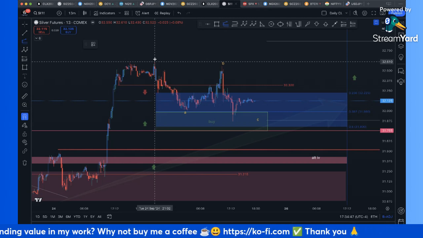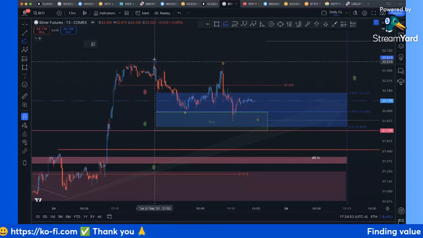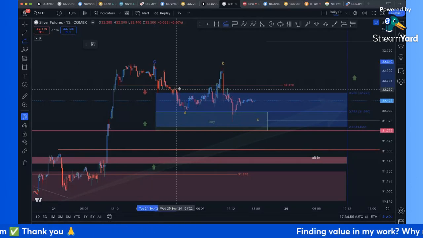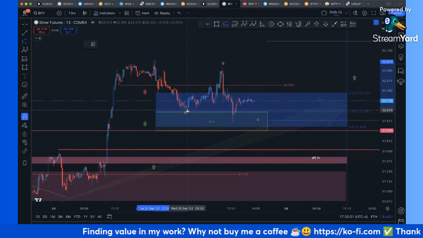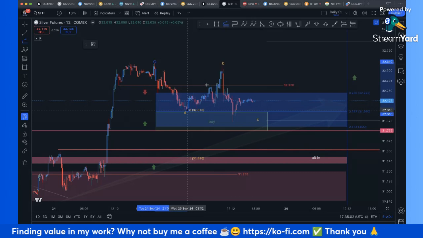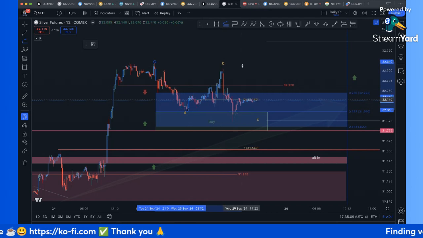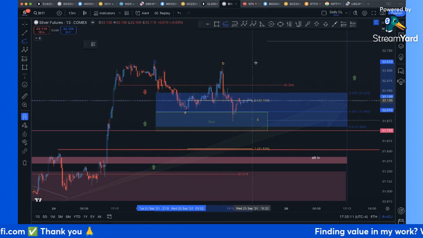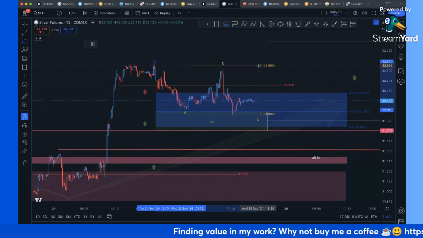and how you measure for what could be a 3-wave correction. So in this case, we click the first of the 3 clicks at the top of the swing high. The second click goes at the bottom of the next swing low. And the third and final click goes at the top of the next swing high. In this case, that's 32,555. So now I have my magnet on, but I'm going to move this over and put that right at